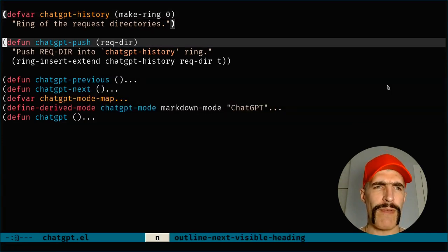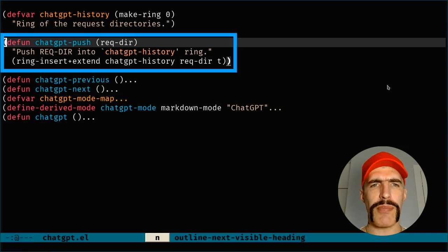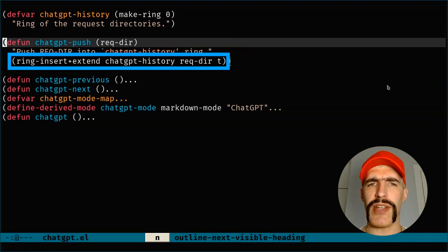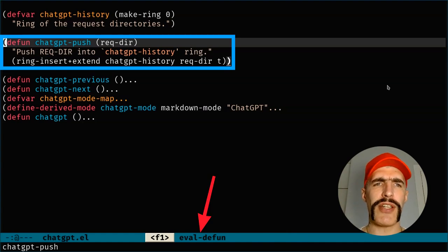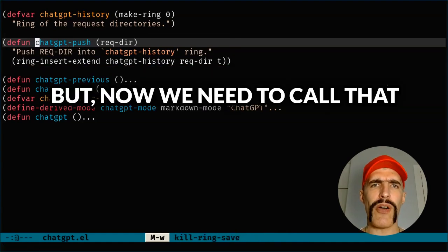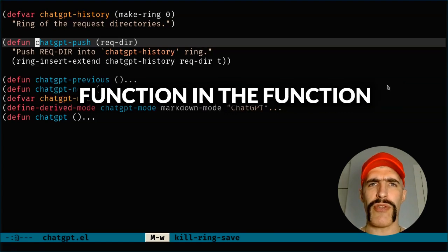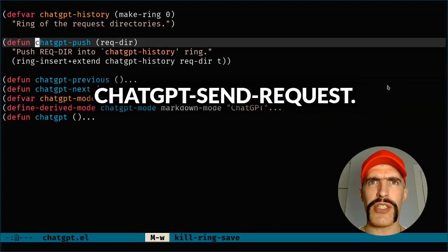So to do that, we define the function chatgpt-push that we see here, and we use the function chatgpt-insert+extend that we've used previously. We insert into the chatgpt-history ring, and we insert rect dir. And the t at the end is to recall to extend the ring. So we evaluate that expression which defines chatgpt-push,